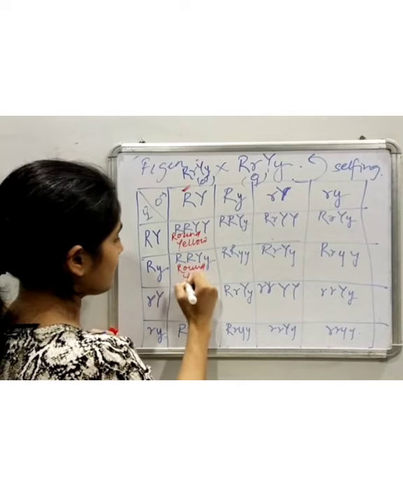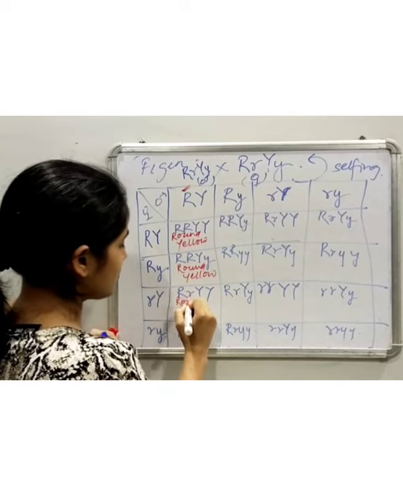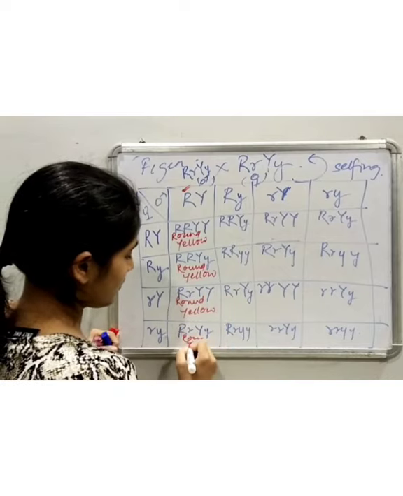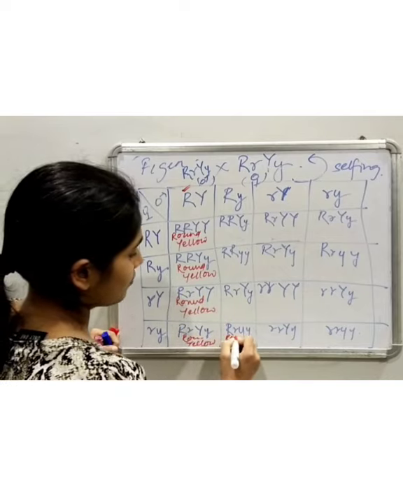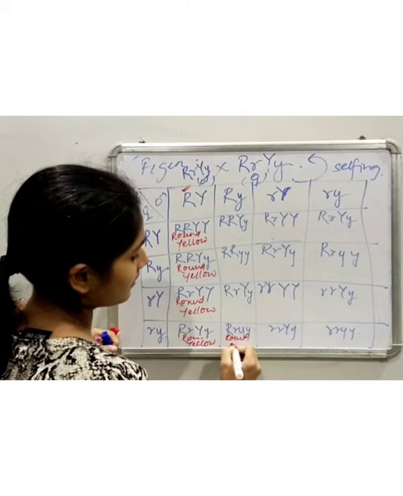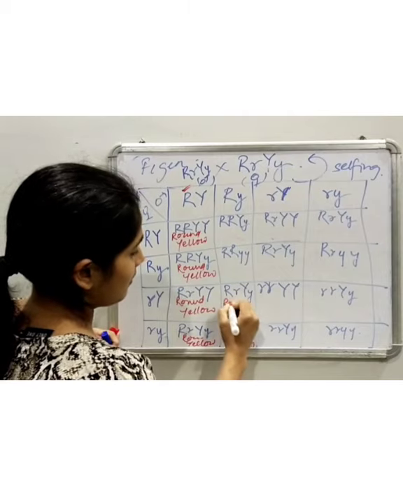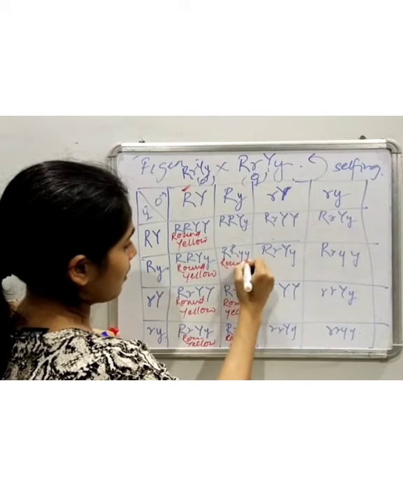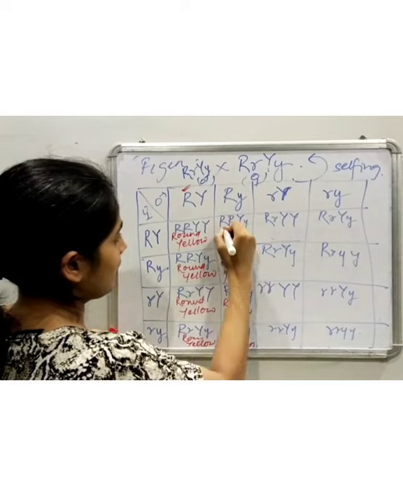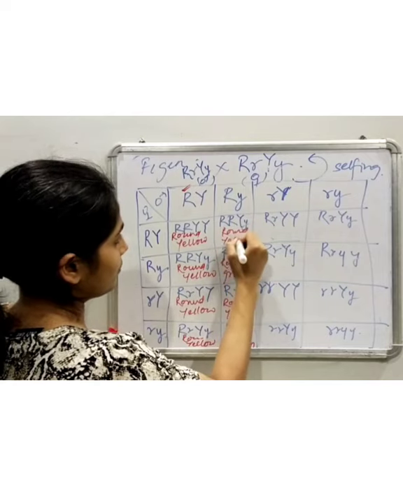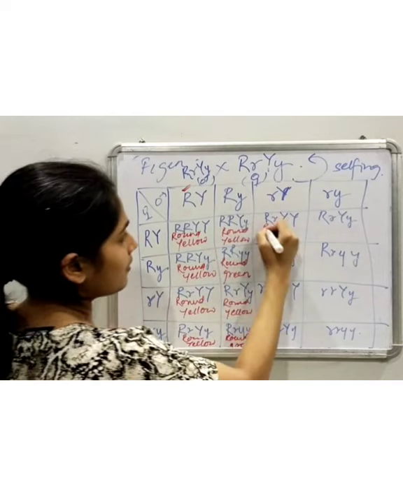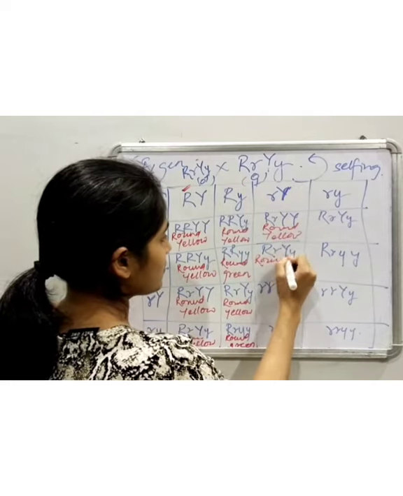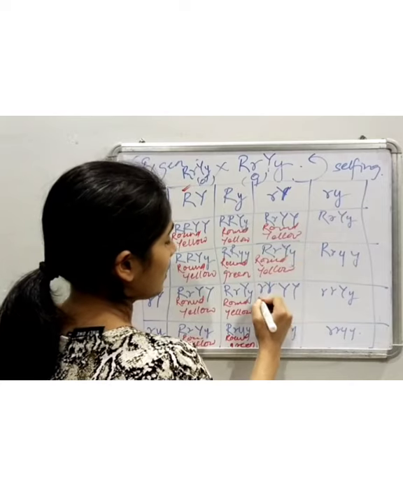Again round, yellow, round, yellow, round but green, round, yellow, round, green, round, yellow, round, yellow, round, yellow, wrinkled,